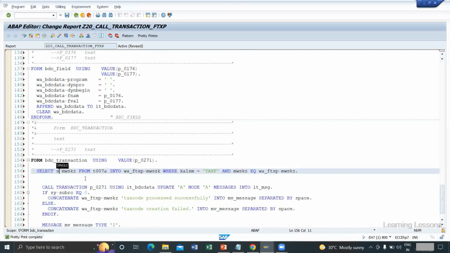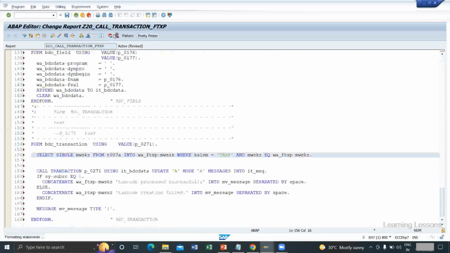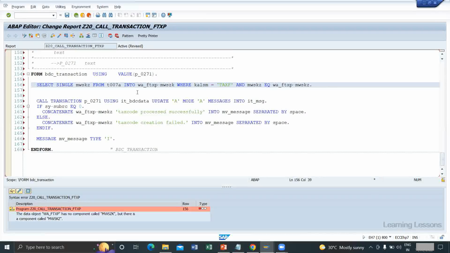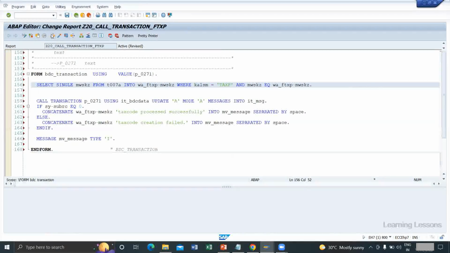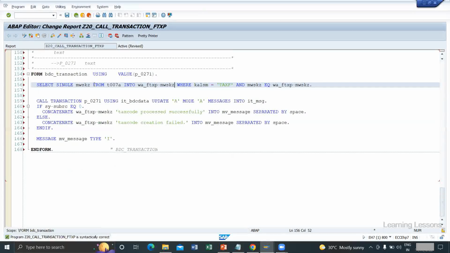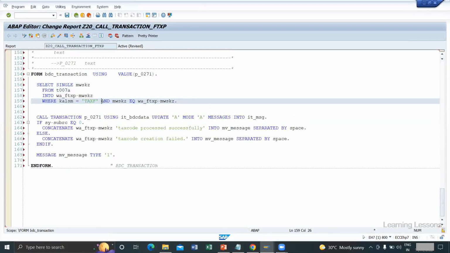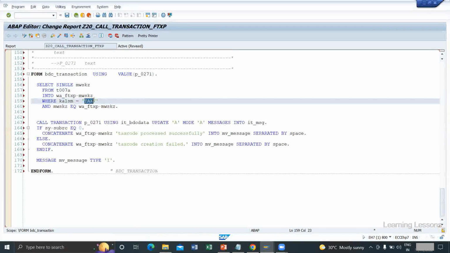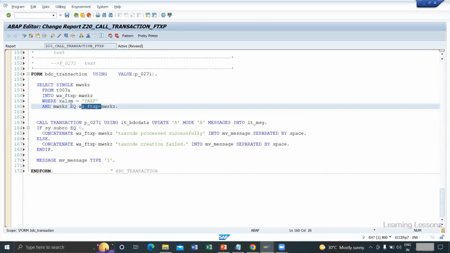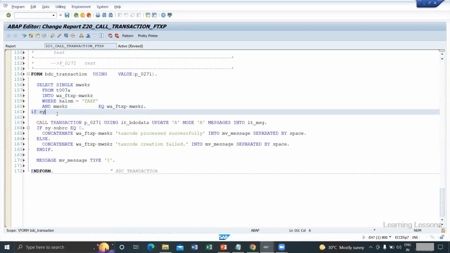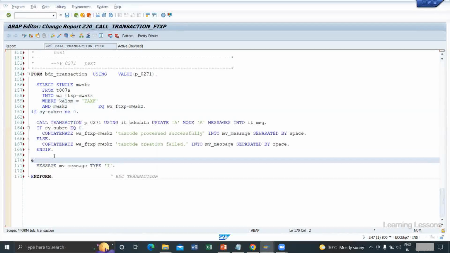So this is the statement. Select single, because we are checking only a single entry. We are checking whether these entries are there in the T007A table. What is happening in this select query? We are just checking whether it is already created or not, because we are processing for the France country. The France procedure is TAXF, and this is tax code O1 or O2 or O3. If sy-subrc is not equal to 0, meaning it is not there, then process the call transaction. Otherwise, else